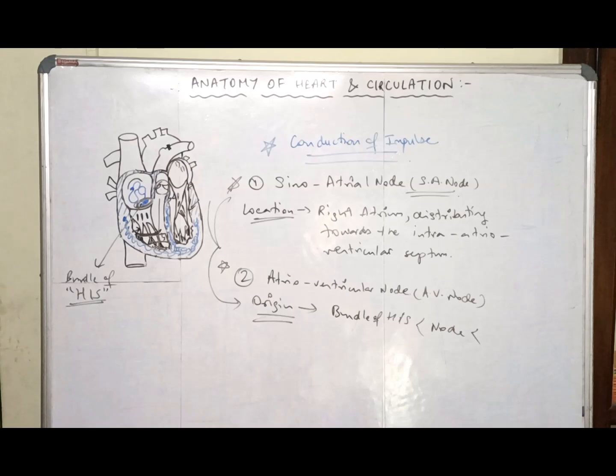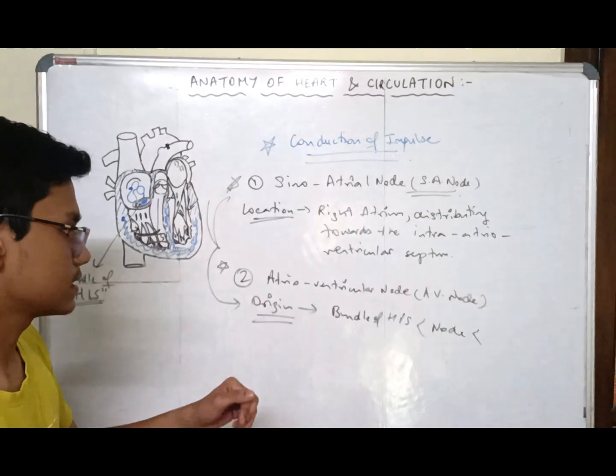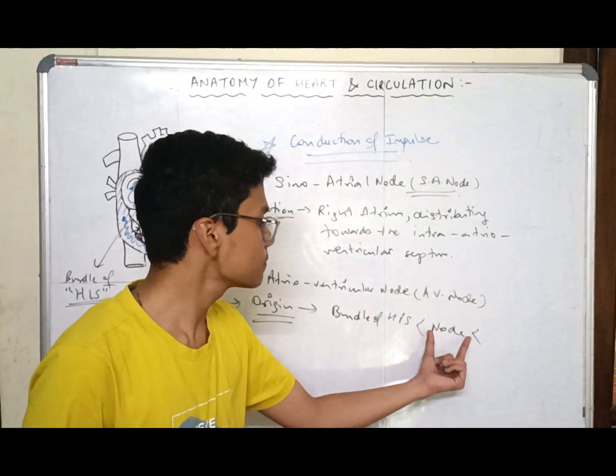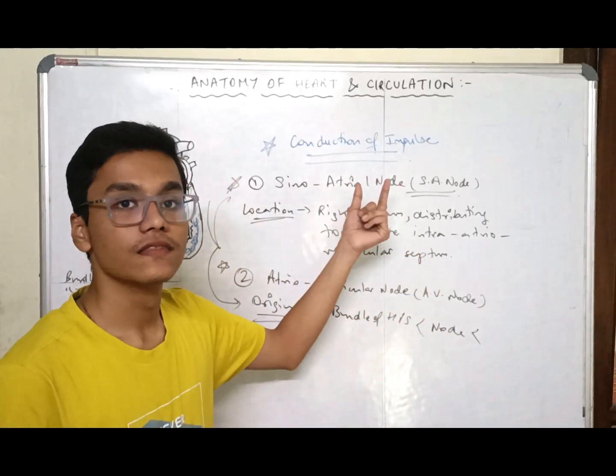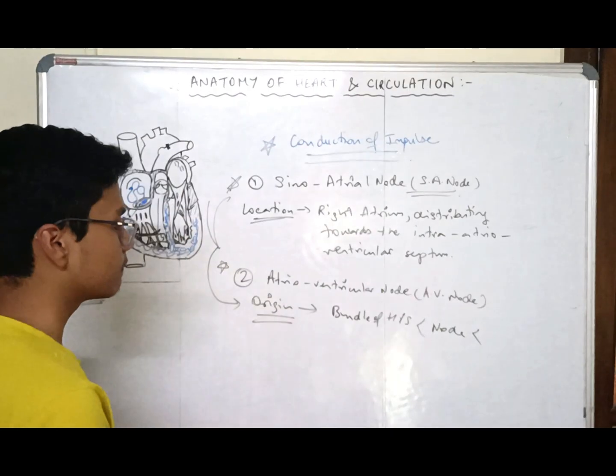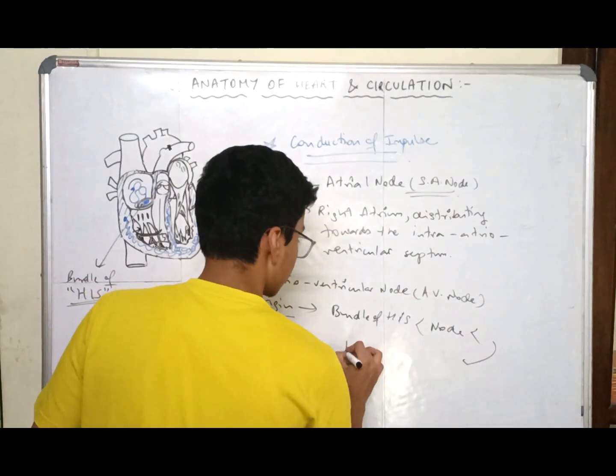Yes, you have got it correct. The bundle of His and the node. What is a node exactly? A node is just a portion of a nerve fiber. So another new term occurs here: it will get distributed from